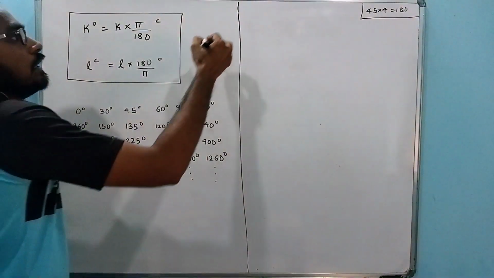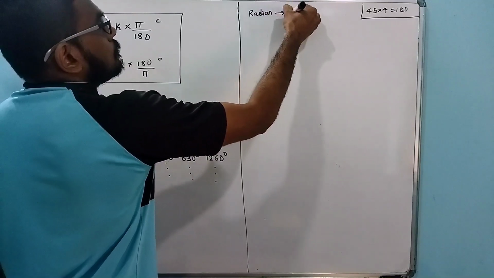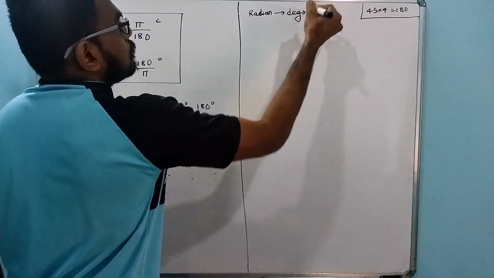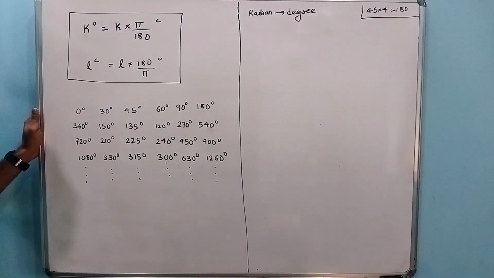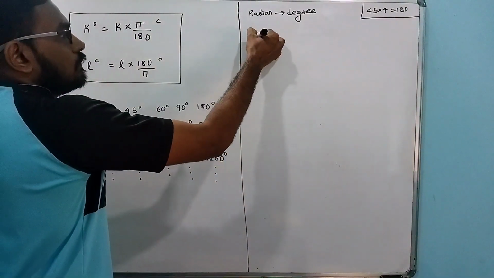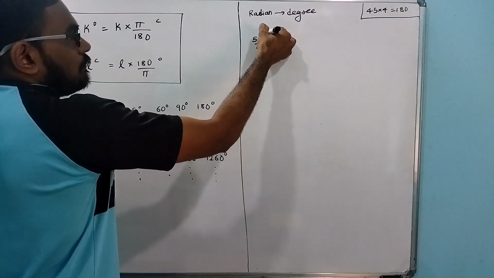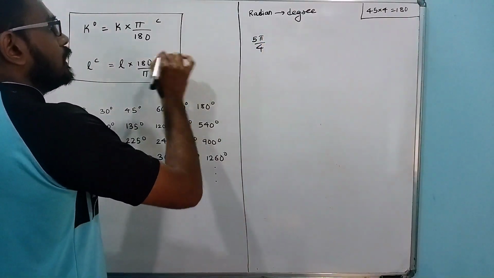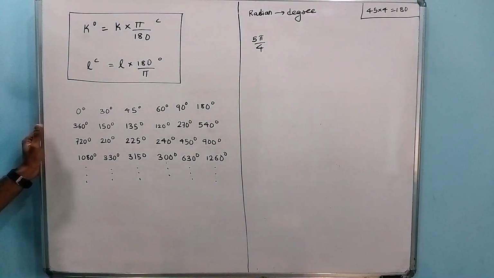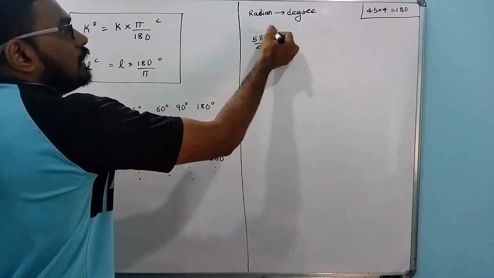Next, converting radian to degree. Radian measure to degree measure. So you can either remember this formula or you can directly use the direct method for it. Okay, like this. For example, 5 pi by 4 radians. And just remember, we sometimes put the radian symbol, sometimes we don't put it, but the degree symbol you have to put. Okay, radians are the same as real numbers, so we don't put the radian symbol.